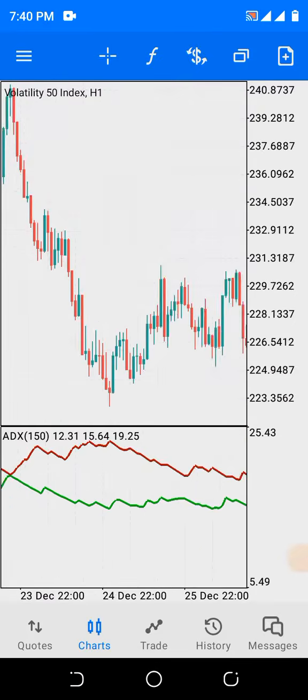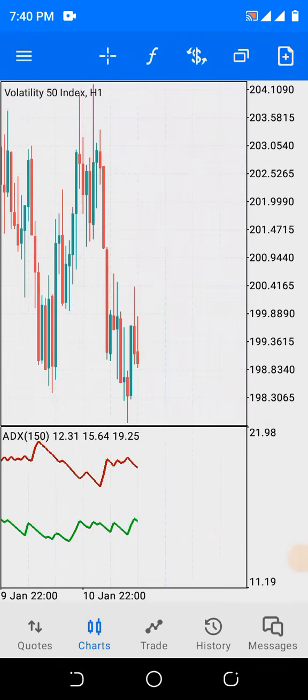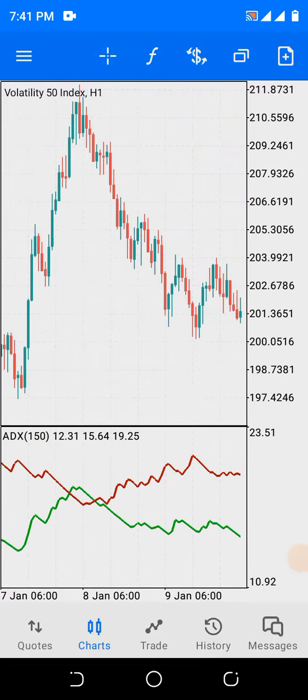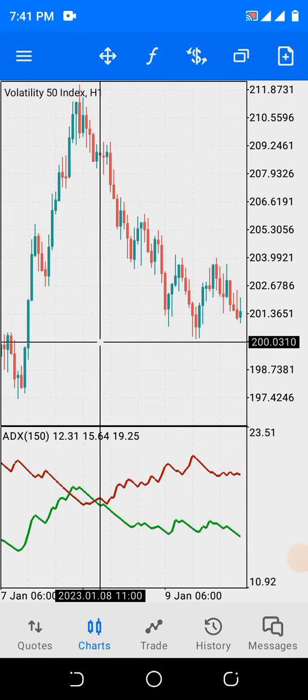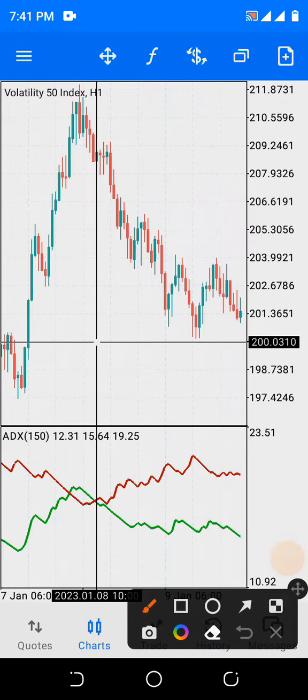As you can see, it is still yielding profit. Now this is the latest chart. Look at this crossing here. This is a sell entry. I've been on these trades, where you need to make your sell entry.